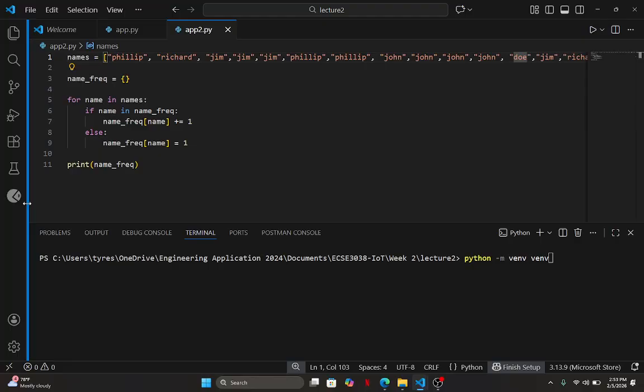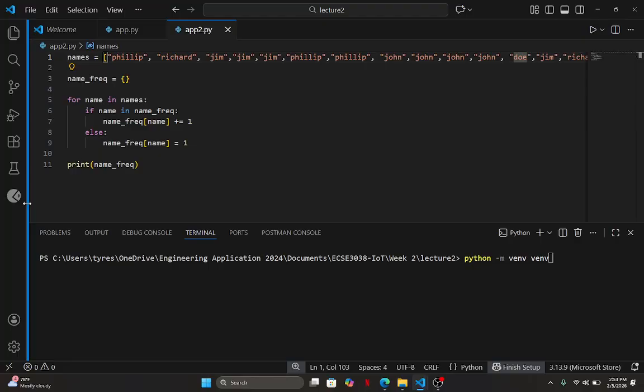I'll explain this. This Python is us telling the computer to use Python to perform a certain action. This -m means module. We are telling Python to use the module that is called venv. So there's a module inside Python, built into Python, called venv. So we're telling it, Python, use the module called venv to create a virtual environment called venv.